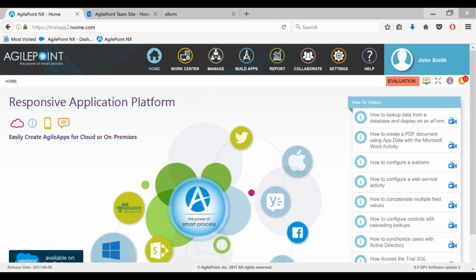All right, so what you're seeing here is the AgilePoint homepage, sort of a landing page for everything AgilePoint. Within this UI, I can receive and manage tasks that have been allocated to me. I can build new applications or extend existing legacy apps. Maybe some of you have apps that are built in Access, so extending legacy apps as well. Reporting and dashboards, whether it's on a scheduled basis or something you want to develop ad hoc, as well as collaboration with your colleagues.